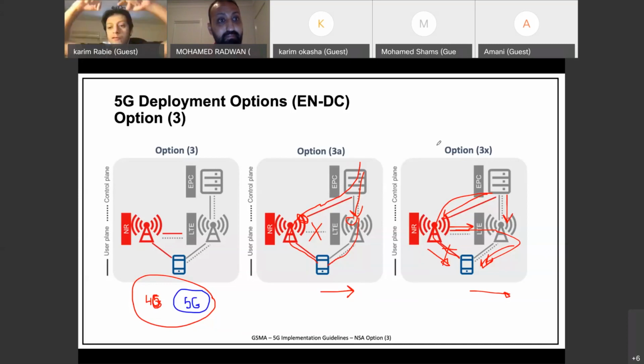But if you have two bearers from the EPC, one, for example, is IMS, voice over LTE, and one is 5G, the EPC will be able to split the two bearers, one to go to the 5G radio and one to go to the 4G radio, okay? I hope this is clear. So one bearer split is from the radio, but from the core you can have multiple bearer split. Bearer one here and bearer two there, okay?